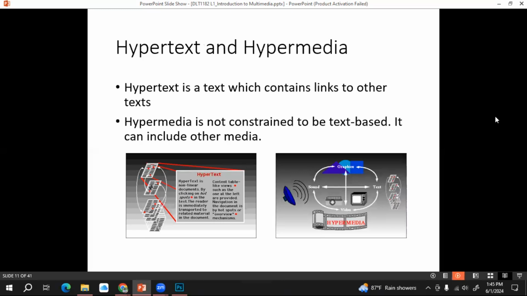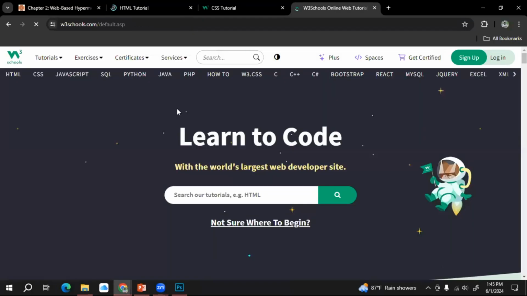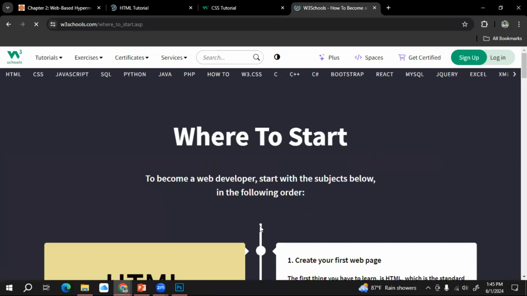Then hypertext and hypermedia. Simply we can say hypertext is a combination of text and links, right? If I go back to the previous example, as you can see, there is some text available in this web interface, right? When I click on this text, you will be redirected to another page.